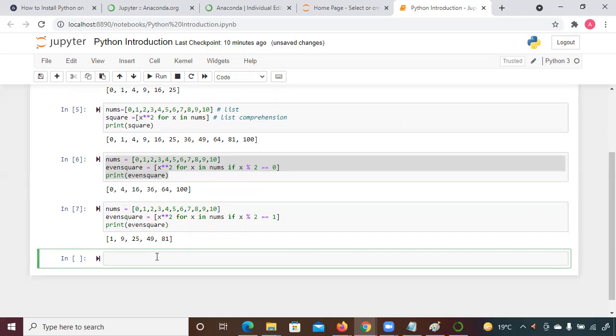So these are all operations called list comprehension. It means that you are doing manipulation of the list elements. List comprehension is very important, and in Spark or big data technology, we're going to work on this list comprehension. Have you worked on the pandas, numpy, matplotlib libraries? Yes. Okay.